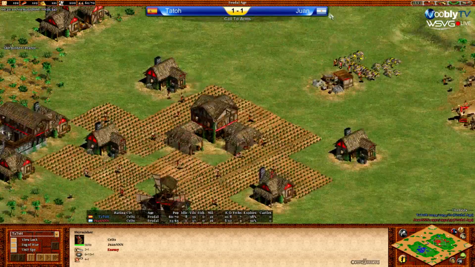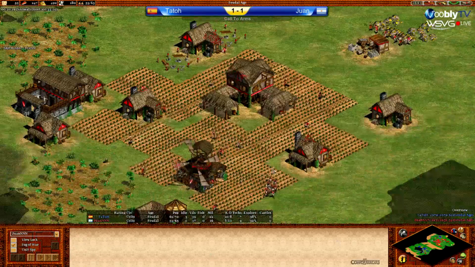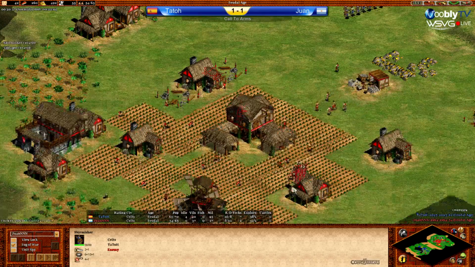Looks like he does have units coming back now. Let's see what he can see. Yep, he looks like he actually saw them around the houses, I think, so he might just get there in time. Still don't think he can engage with the amount of numbers he has, but...